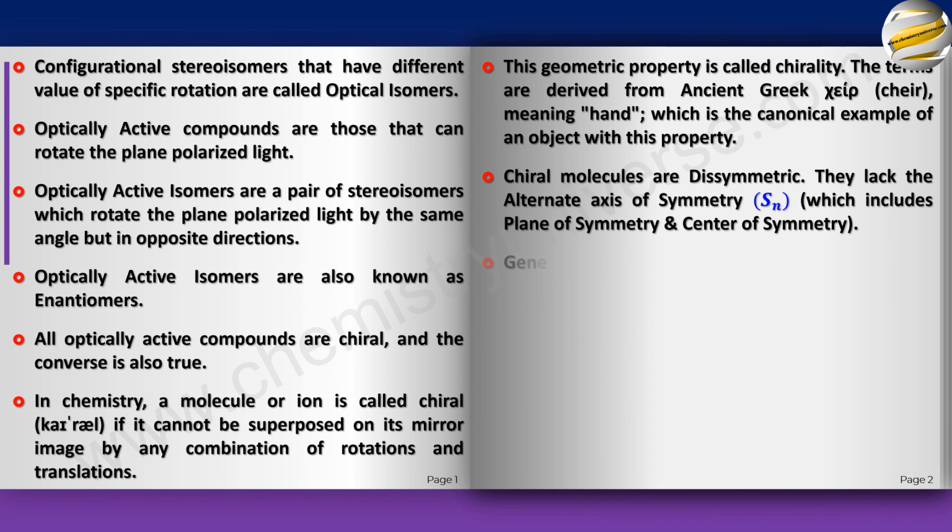Generally, a chiral molecule has at least one chiral center. Now, this is a very general thing. Most of the chiral molecules have at least a chiral center. The reason I'm saying it generally is because you can have more than one chiral center and yet the molecule is chiral. That's fine. There are cases when you have more than one chiral center and the molecule is not chiral. And there are also cases where a molecule is chiral and does not have any chiral center.